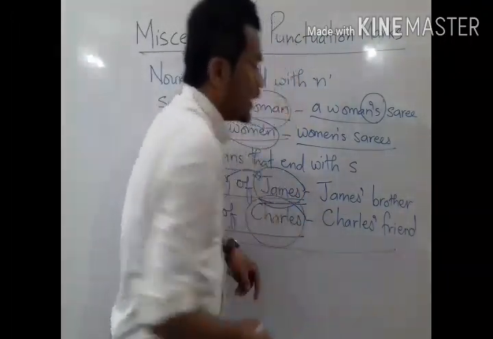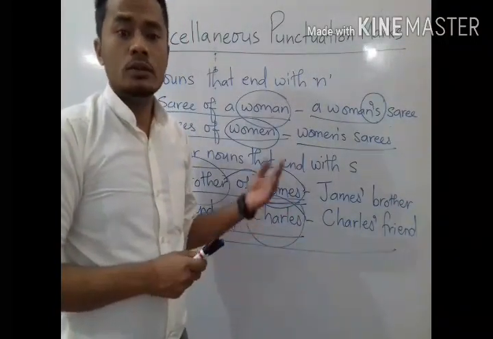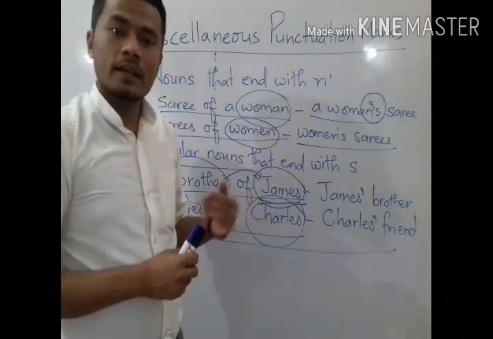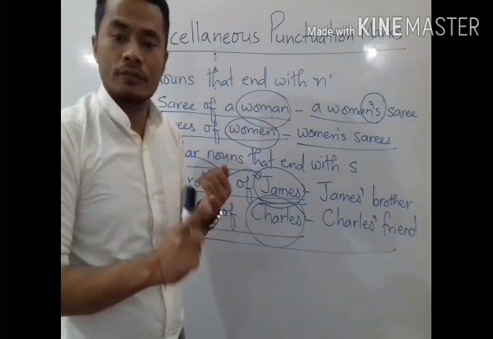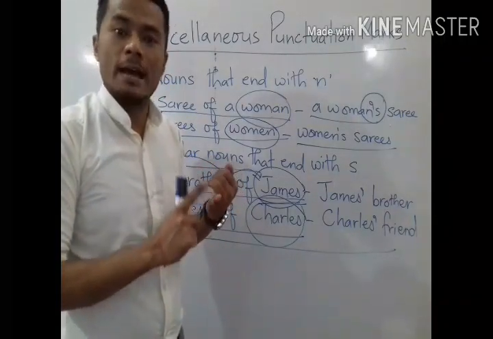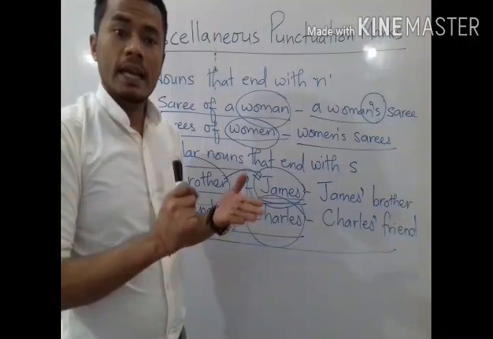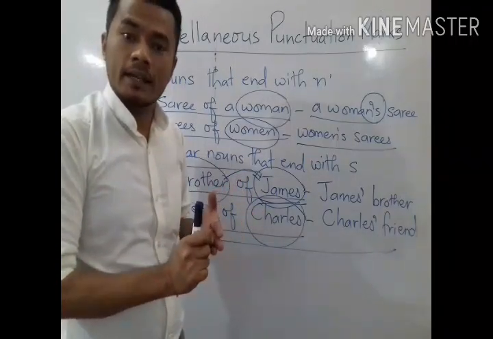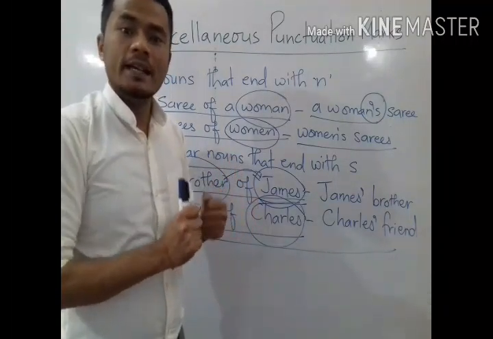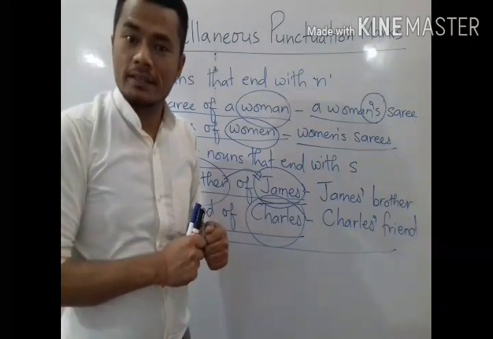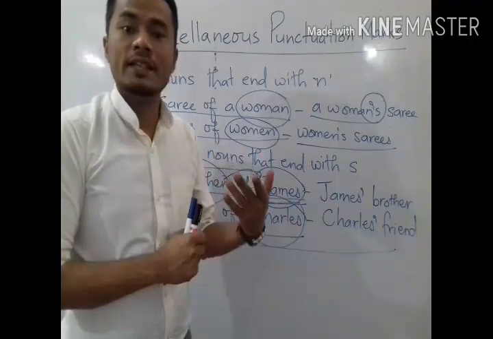Okay. So whenever we are using an apostrophe to show the possession of nouns, the basic concept is: with singular nouns we use apostrophe s, and with plural nouns we use just an apostrophe after the complete plural noun, plural names. But if the plural nouns do not end with s, then those plural nouns also need apostrophe s, and if the singular nouns end with s, then here we need only an apostrophe. Okay, I hope I have cleared the concept.